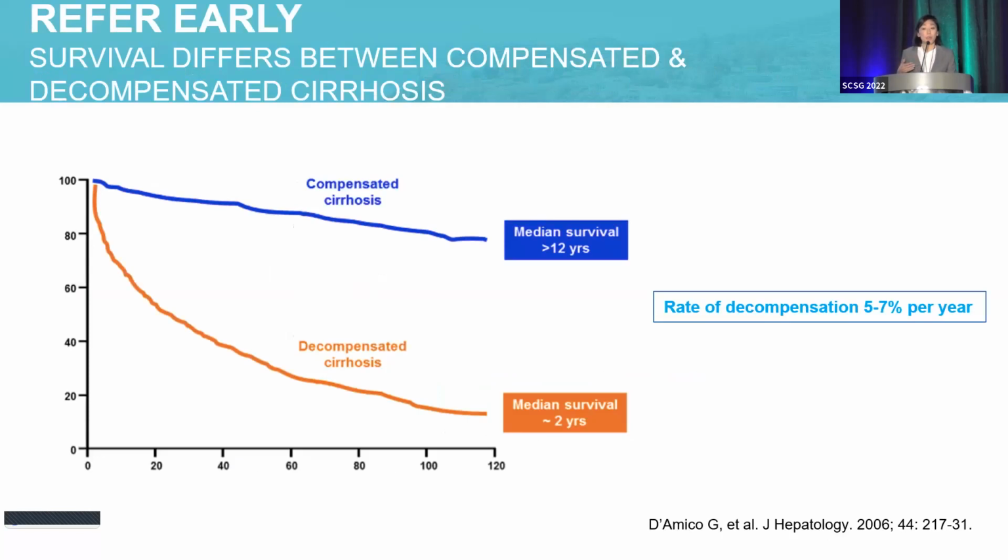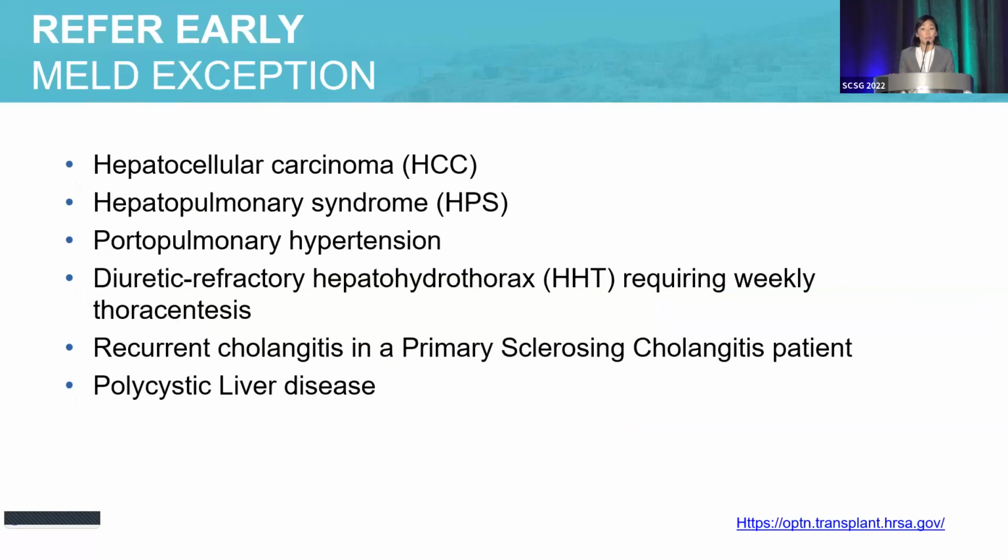How about those who have decompensation? This is from a study published in 2006 that looked at survival at 5 years in patients who have compensated cirrhosis compared to decompensated cirrhosis. And of course, that median survival dramatically decreases when patients have decompensation. And then, those who have HCC and all these, again, complications of portal hypertension in cirrhotics, they end up having the high waitlist mortality, and those are the times that we would refer patients to transplant,